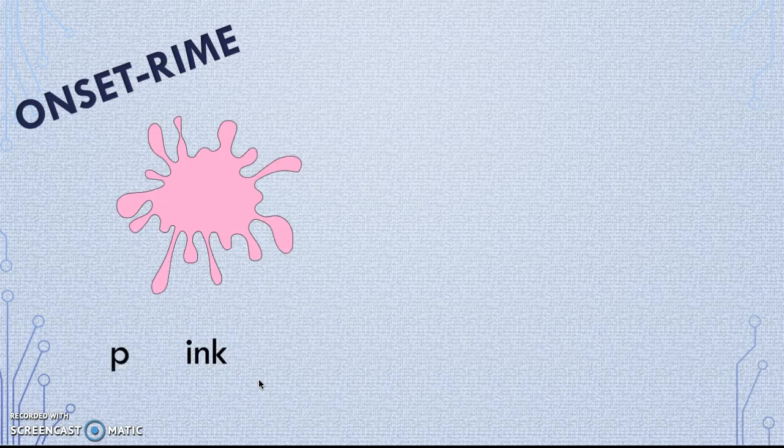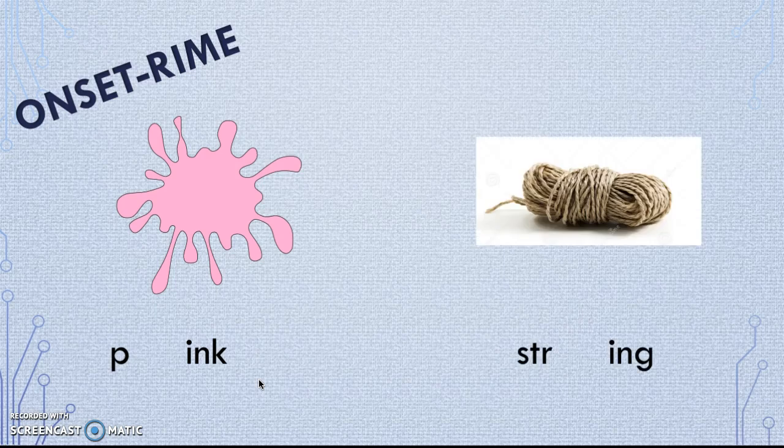The onset is the beginning of a single syllable word and is one consonant or a group of letters. The rhyme is the part of the word that comes after the onset and always begins with a vowel. For example, the word pink is one syllable, p is the onset, and ink is the rhyme. In the word string, str is the onset in the form of a group of letters, and ing is the